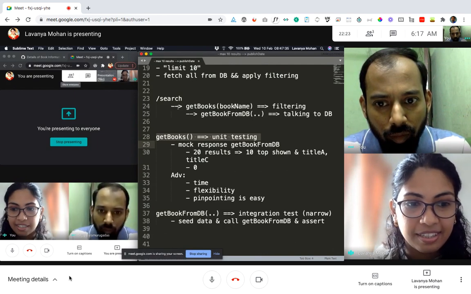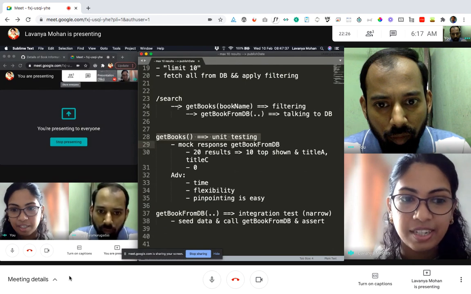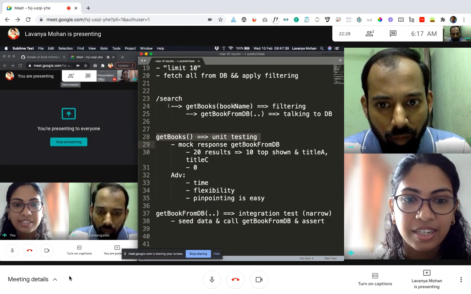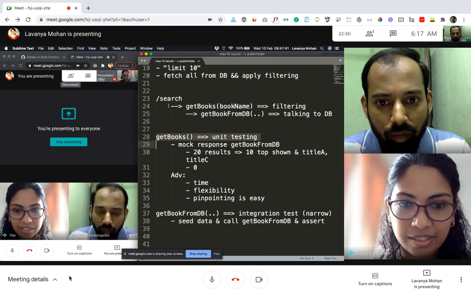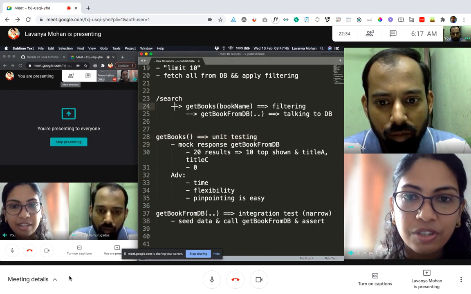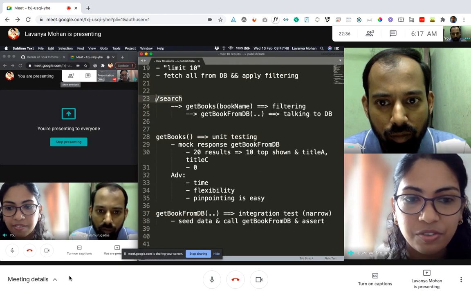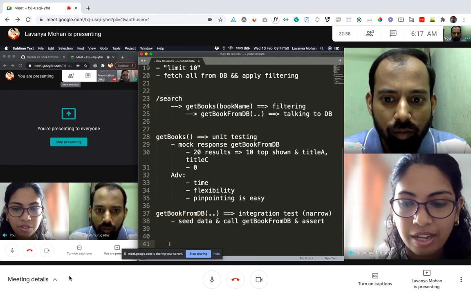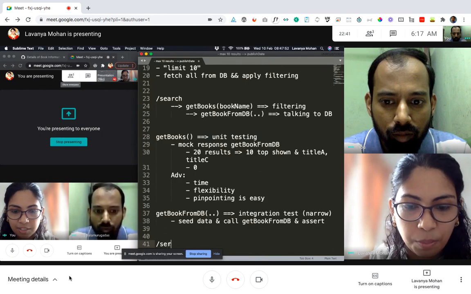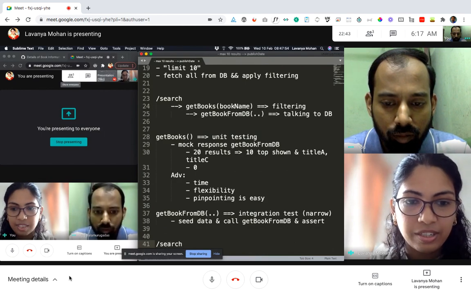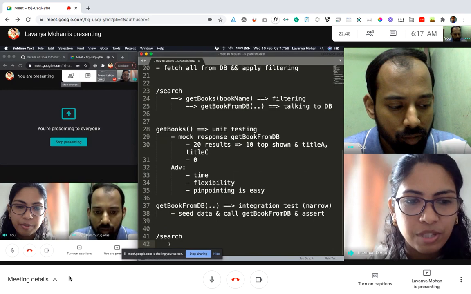But is it returning correctly? Like we said, we expect JSON. So is it actually returning proper JSON back? That we have not tested yet here, correct? So for that we would probably have a test from this case. So we would actually maybe hit the search endpoint.